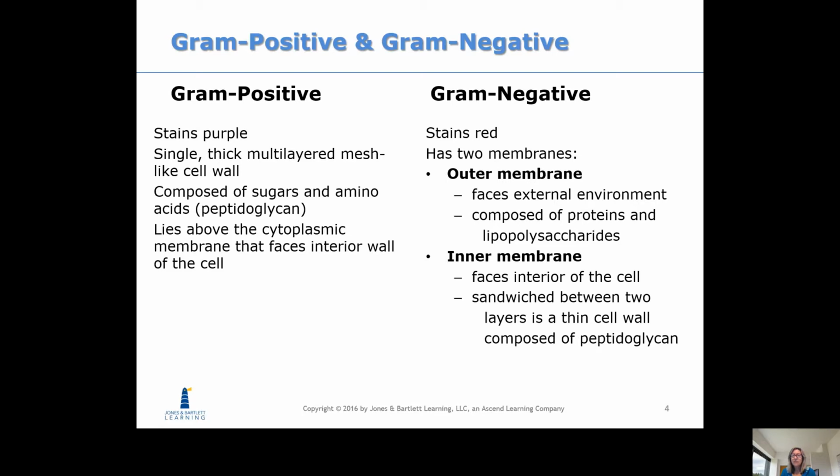It has an outer membrane that faces the external environment, and it's composed of proteins and lipopolysaccharides. Lipopolysaccharides, or LPSs as we abbreviate them, and you will see them abbreviated that way in future documentation, are also known as endotoxins. They are like a destructive substance that sits on the outside of the cell membrane. And when the cell membrane gets disrupted, it releases these endotoxins. The inner membrane faces the inner part of the cell, and sandwiched in between the two of them is a thin layer composed of